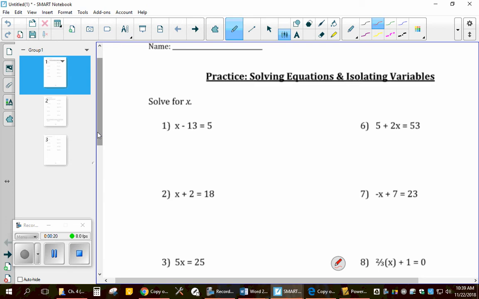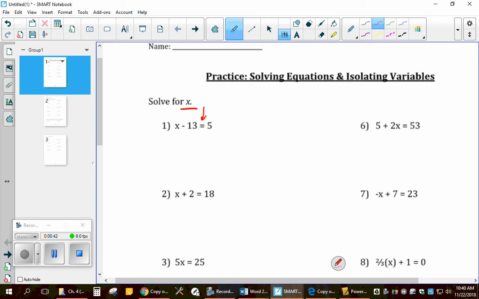So it's algebra, right? You guys have done some of these things in the past. So we're just going to solve for x here, something like this. We've got x minus 13 is equal to 5. The main goal here when I'm looking at this is I want to get x on its own, right? So on its own, I mean I want x to be the only thing on one side